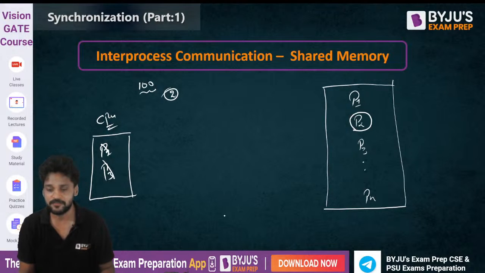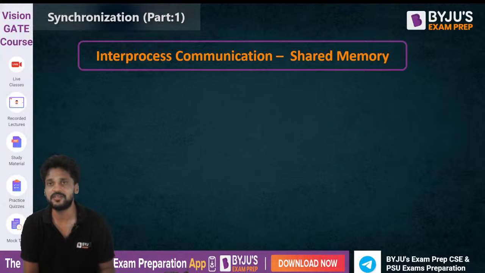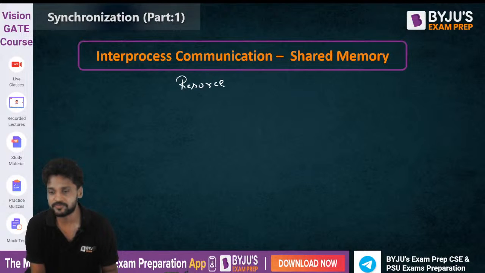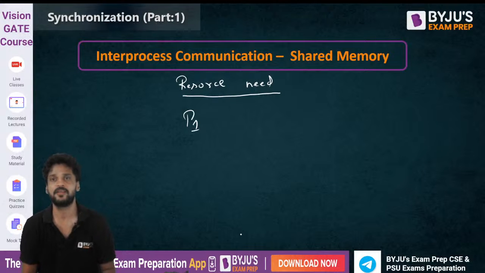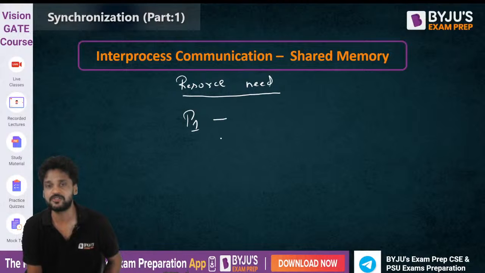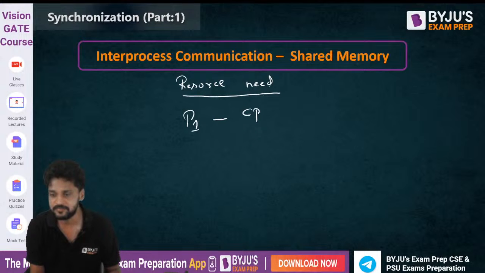Understand carefully. For this, we need to understand something called the resource requirement of a process, the resource need of a process. Let us say when a process P1 wants to execute, the moment process P1 is created, it requires a certain number of resources. What are these resources? These resources include CPU time,